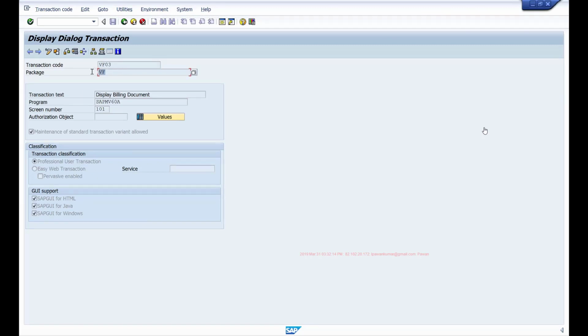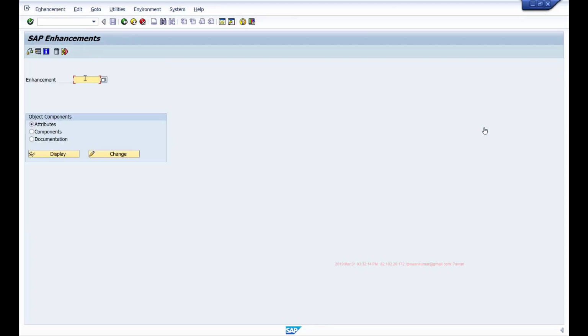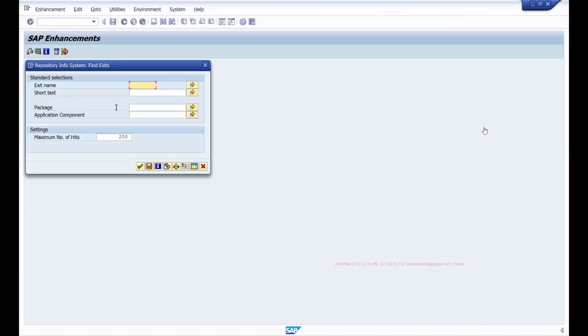So first find the package, and then go to the SMOD transaction. Here if you press F4 in this enhancement field, you can give the package name and it will list all the enhancements available for that package.